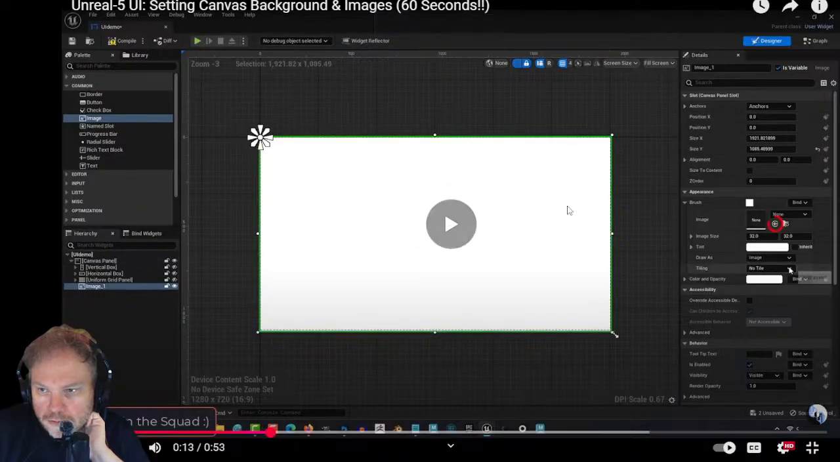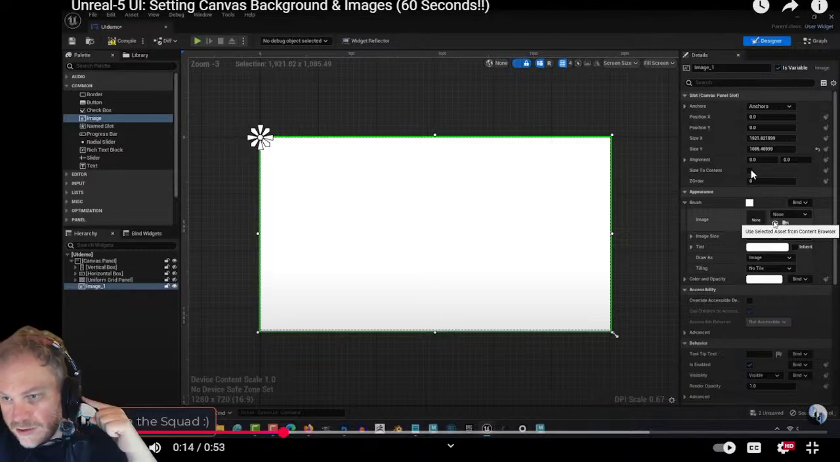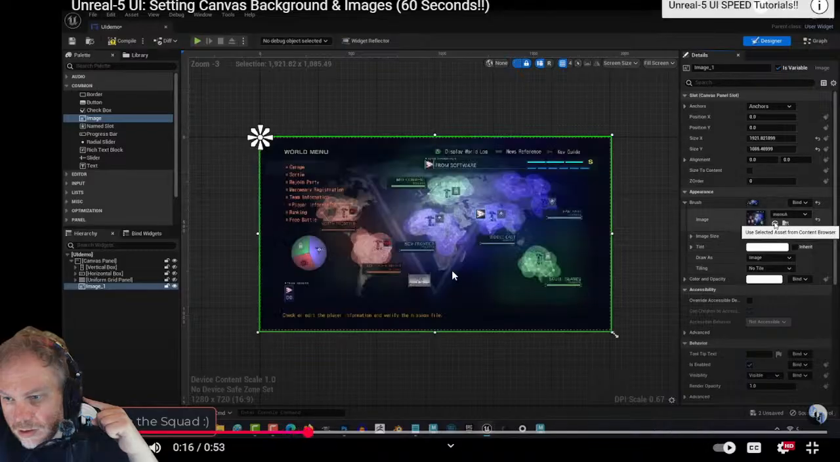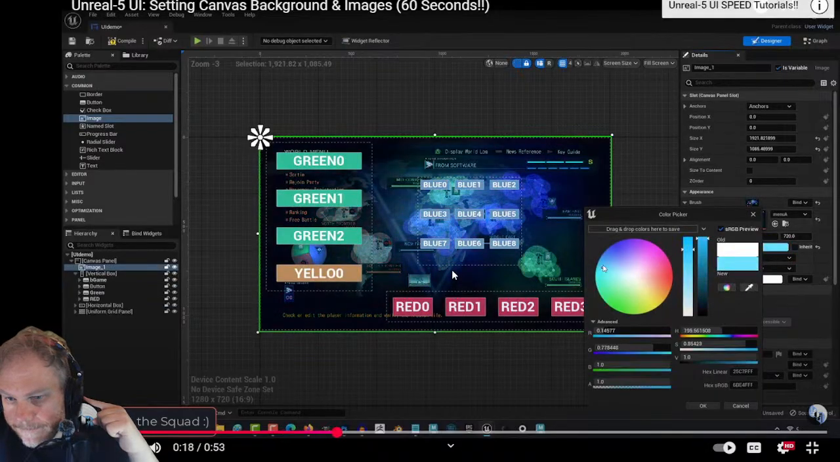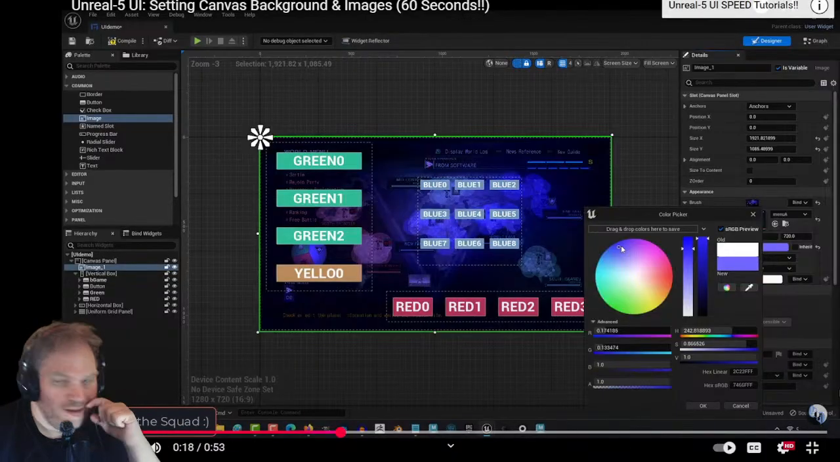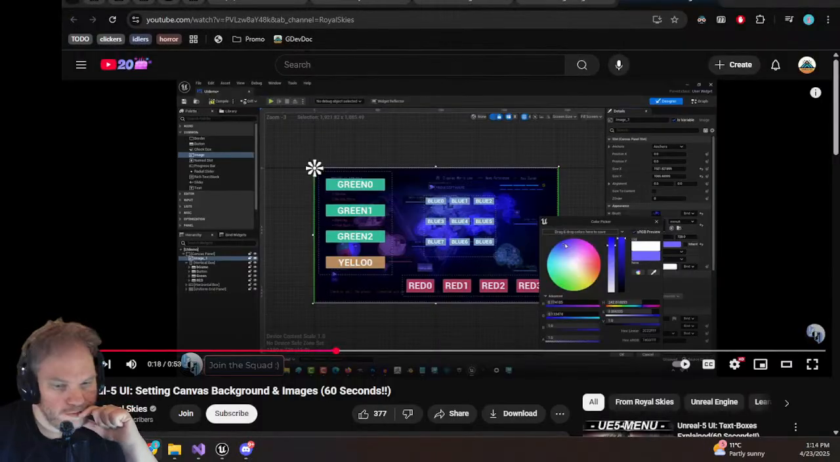Under brush, change it from none to your image, and set the offset to 0. You're done. Some cool things that you can do from